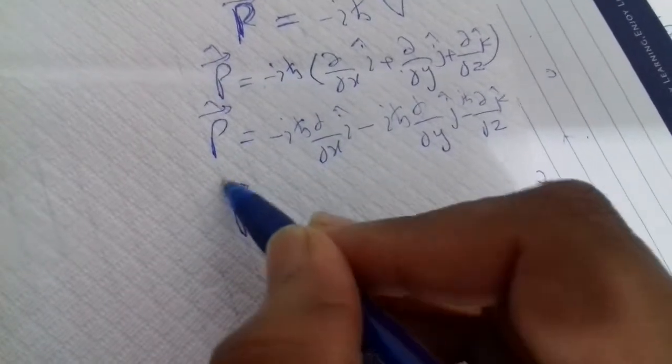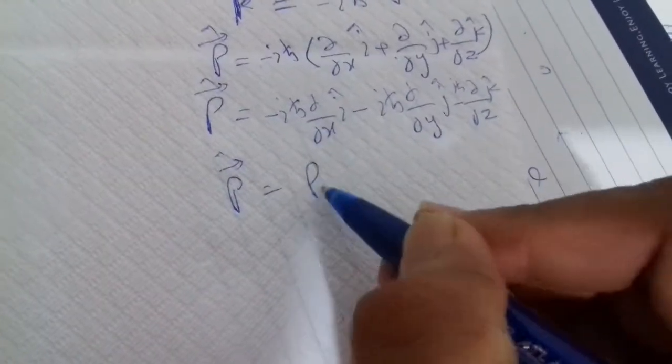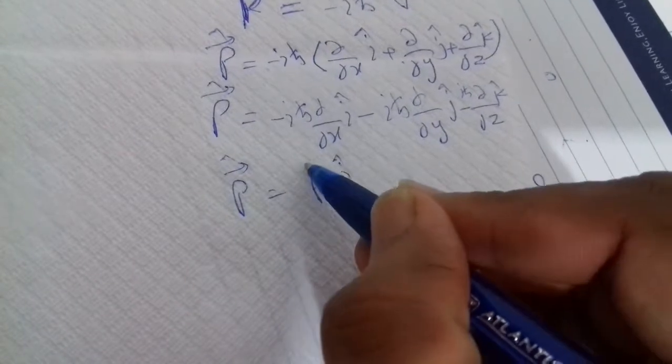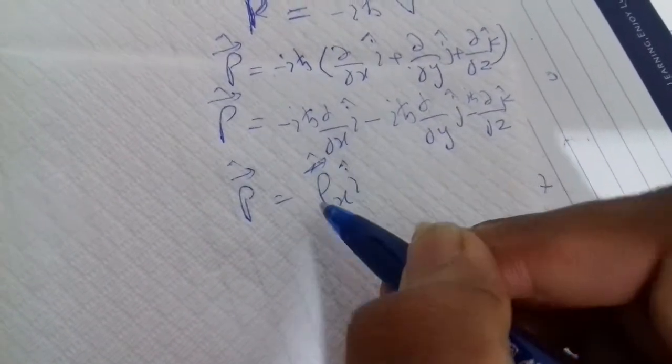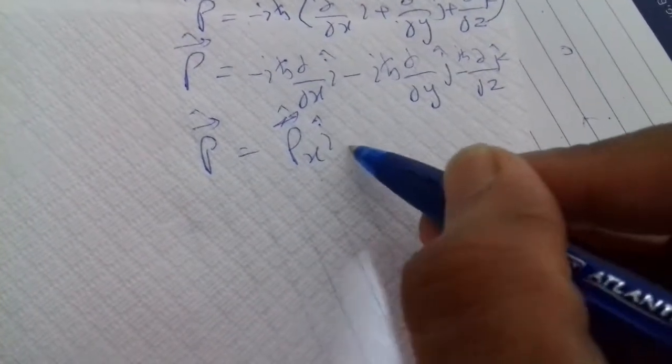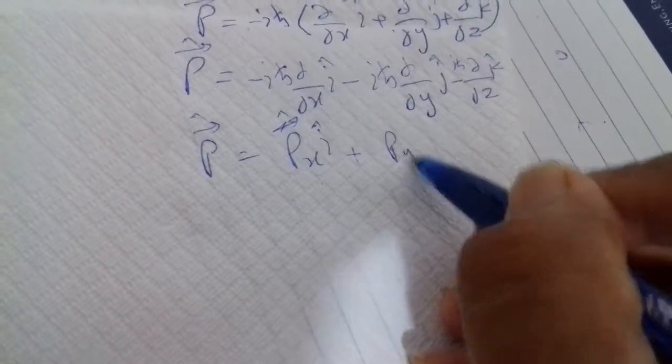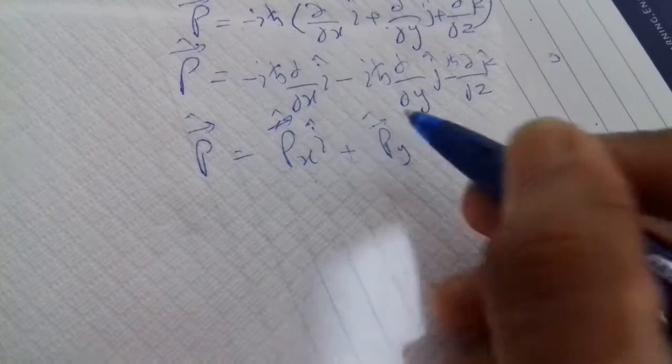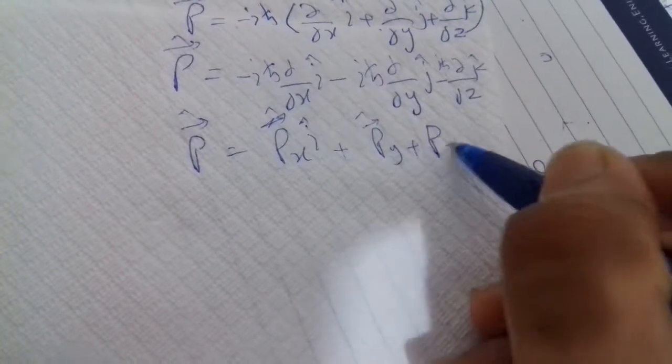Then it will become px i hat, and this is the x component of the momentum operator, plus the y component of the momentum operator plus the z component of the momentum operator. Okay, now